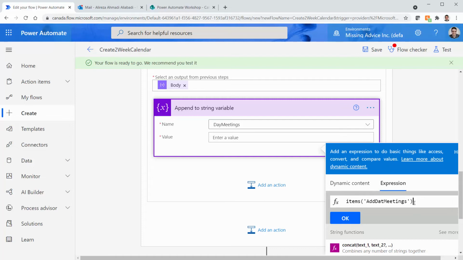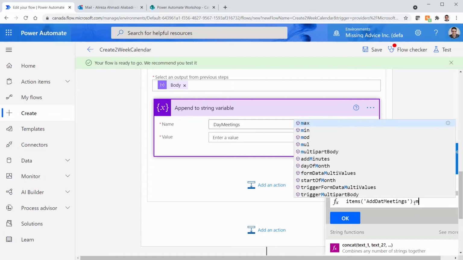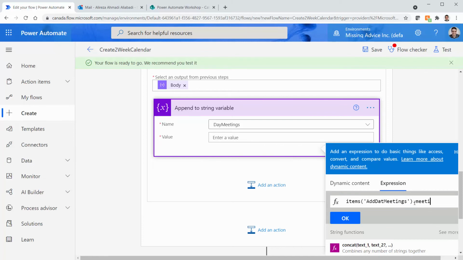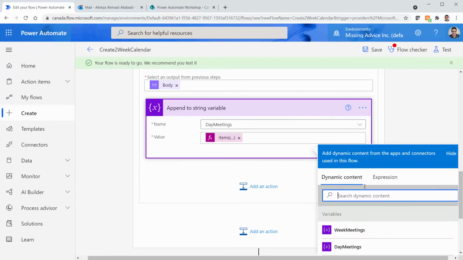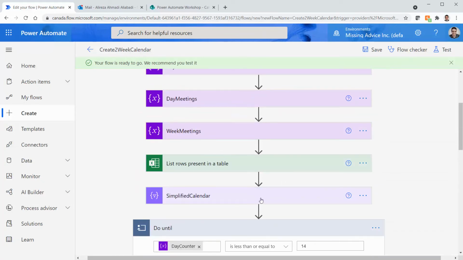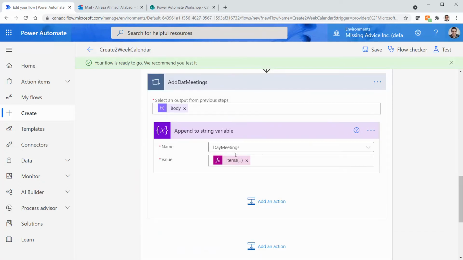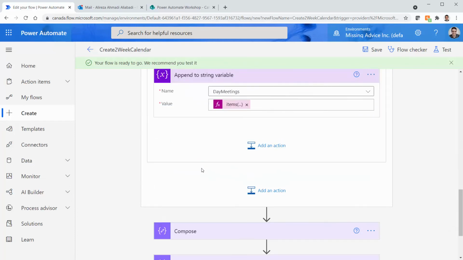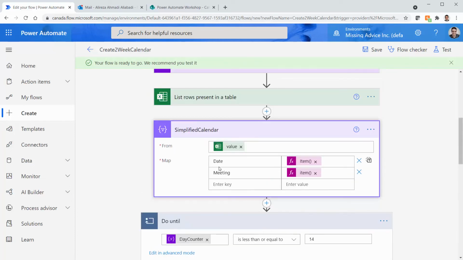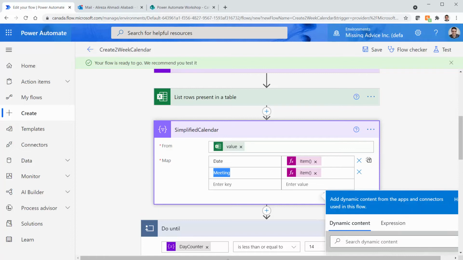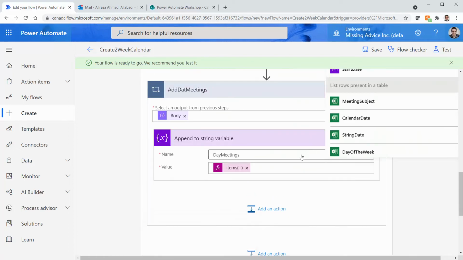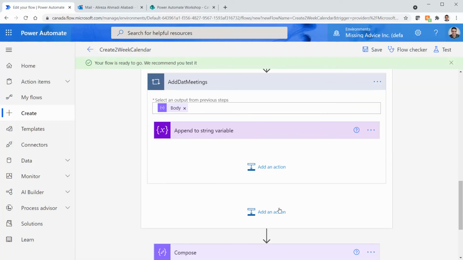And what I want from this one, dot meeting. I guess it was capital. Let me just verify that. I go up and it was here. Meeting, yes. Okay. So this is correct. We append every single item to it,